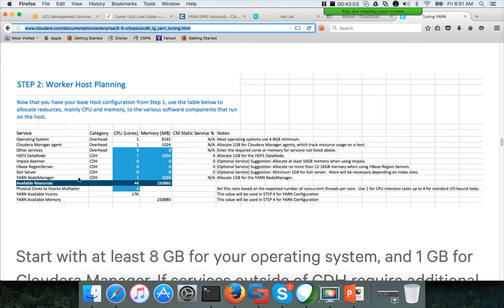The node manager is the one which will keep track of the resources on the node. It also takes memory. It will take 1 GB at the max. We don't give more than 1 GB. In some cases we might give 2 GB. That's it. So once you add all the memory required for other components to keep the cluster up